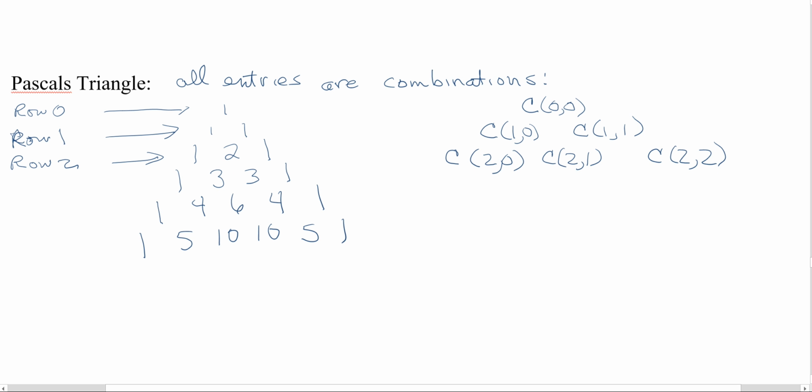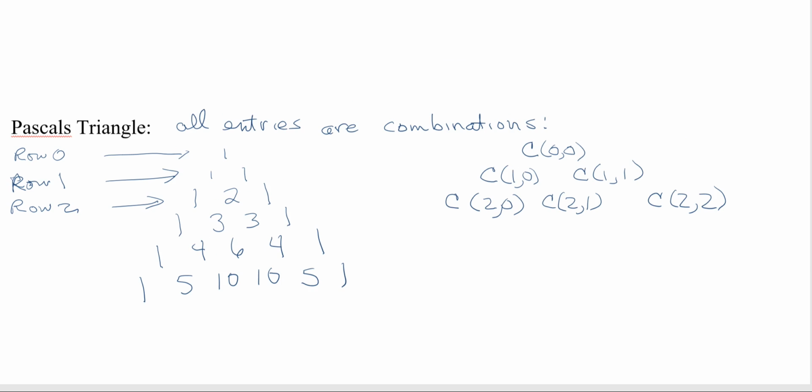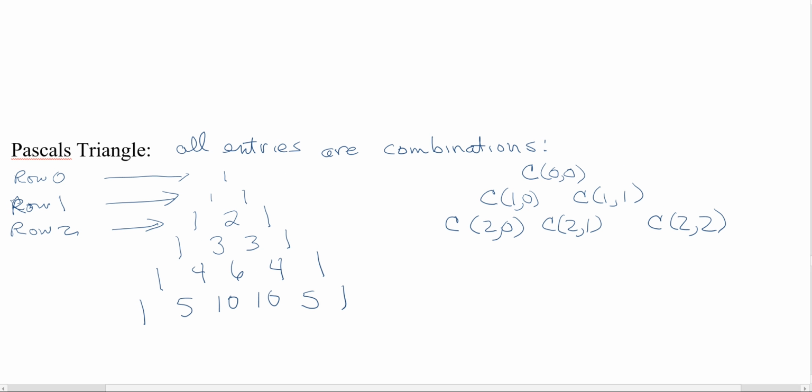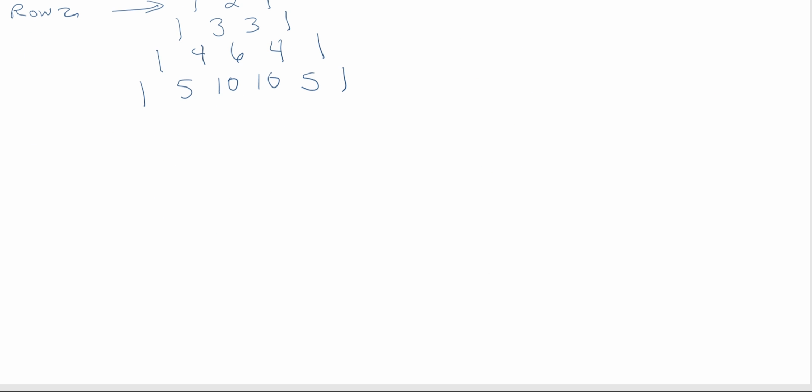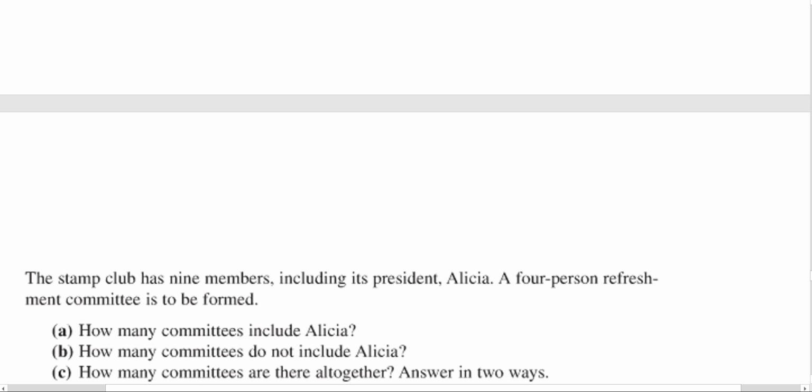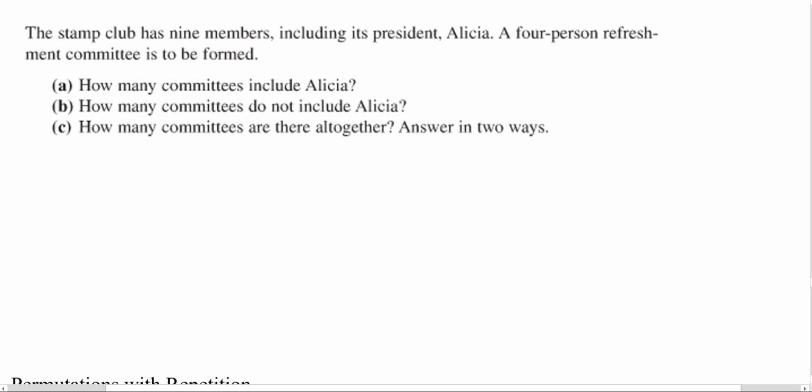Let's backtrack a minute. I just realized there are a couple of things that we did not mention. If we look at permutations, any number permutation 0 will always equal 1, and combinations, any number combination 0 will always equal 1. That goes along with the idea that no matter how many things you have to pick from, if you want to choose 0, there's only one way of choosing nothing. So let's